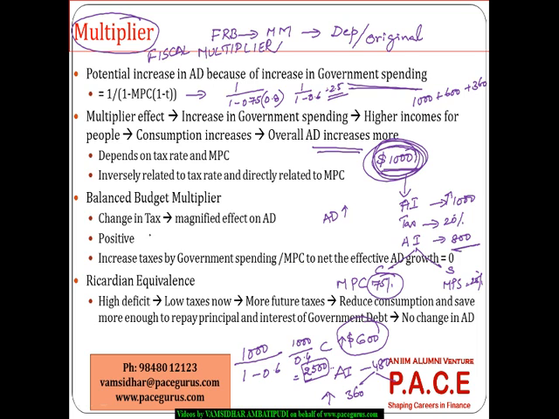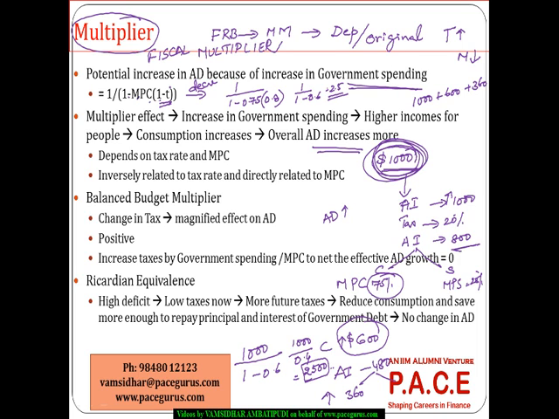And what we could clearly see is as the tax is increasing, 1 minus tax is decreasing, right? Tax rate is increasing, 1 minus tax is decreasing. So this multiplier is decreasing, 1 minus multiplier is increasing. So 1 by the increased value is decreased. So AD decreases if the tax is increased. Tax is increased, we see that the multiplier is going to decrease,